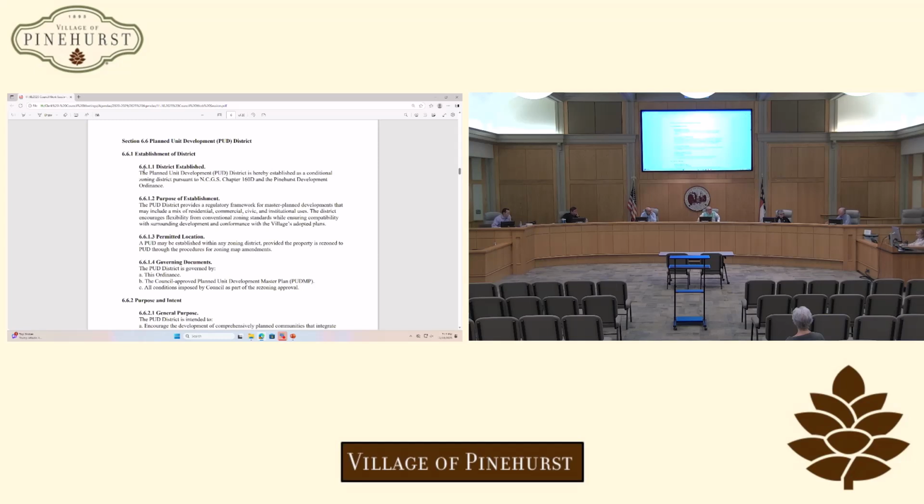It's a shell that has certain parameters that are important to us, but it's a shell that we could build something within. We could allow for different types of development. And I think they do a very good job of this shell. This is a very good shell, in my opinion, of a development ordinance. It is not fully formed for any particular developer. It's not fully formed for any particular parcel. It's not even fully formed as to whether it's commercial, residential, or a combination of residential and commercial. It could be a bunch of different things.